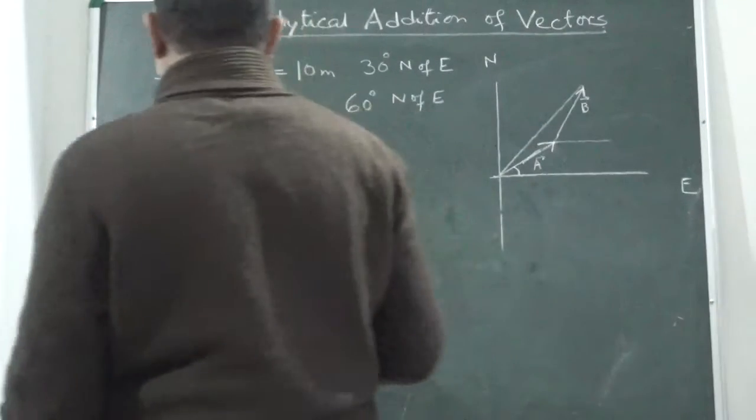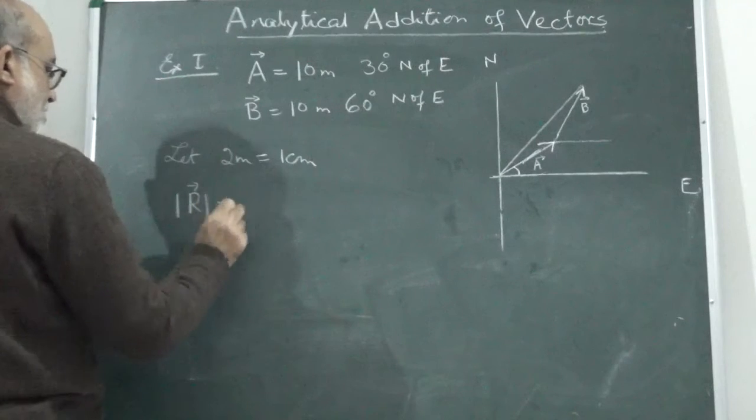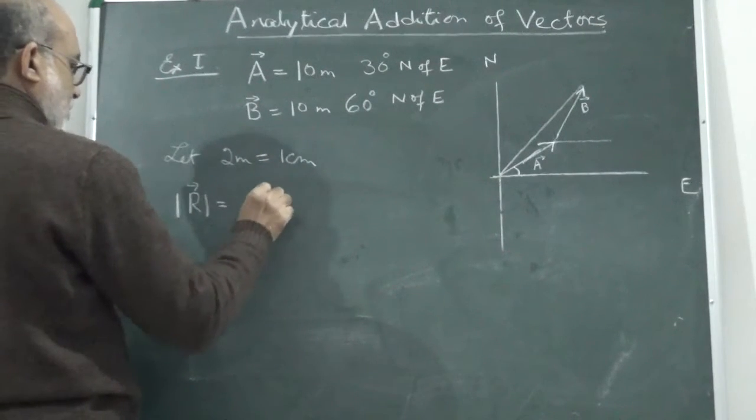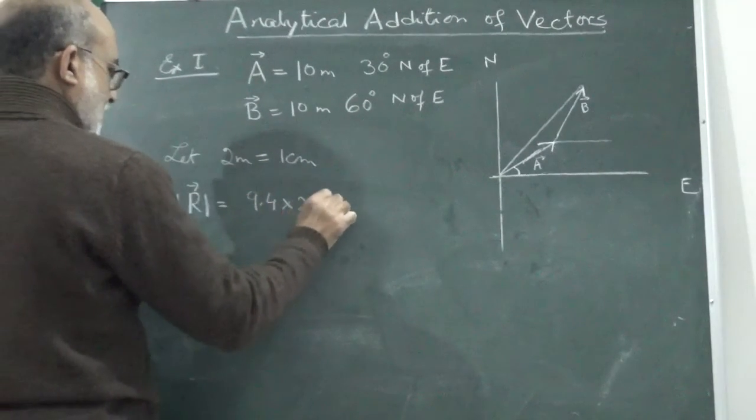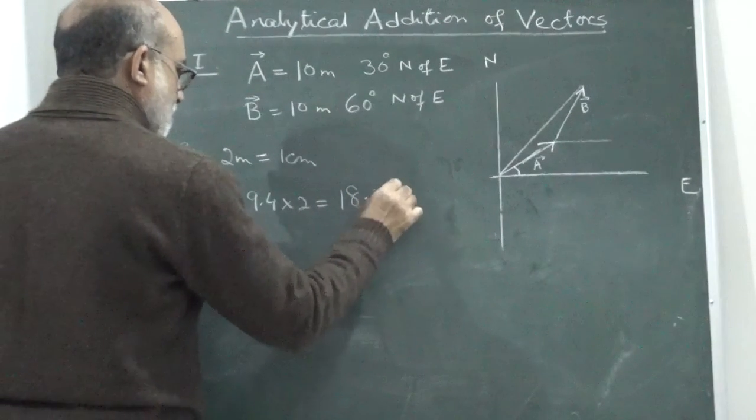So the magnitude of R comes out to be 9.4 into 2, that is 18.8 meter,